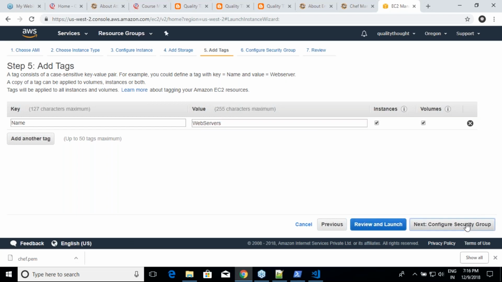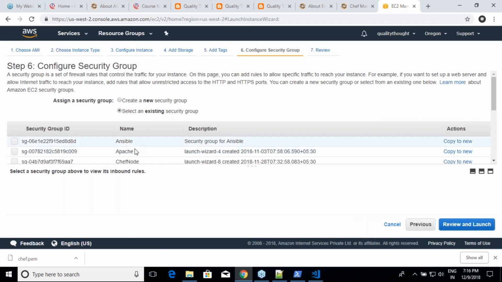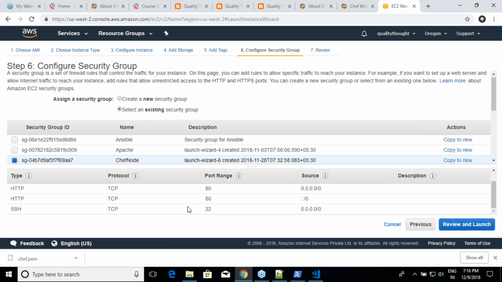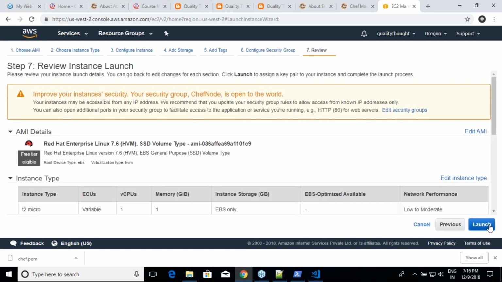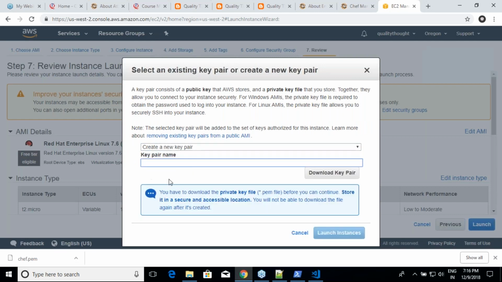These nodes are web servers for me, and I think we have a group which we have already created, which is stuff. Launch. I'll be creating a new key pair. I don't have the existing key pairs. I've deleted all of them. So I'll be calling it as chef node. That is my key pair's name.